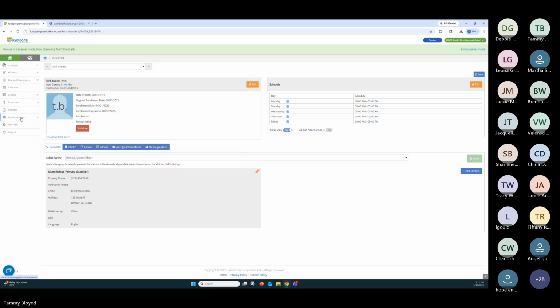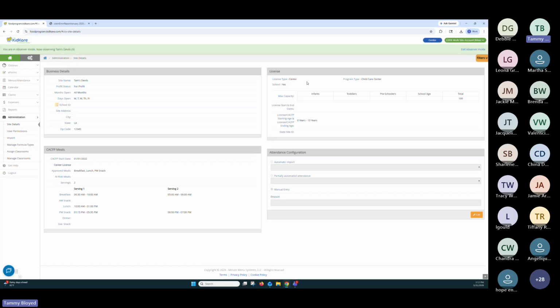Also, can I do it from here? The license type, there is an age range up here. We see it a lot in Head Starts where you really only have children enrolled from like 3 to 5. But occasionally you get somebody in who's 2 years and 11 months, or they're still there at 5 years and 2 months because of the way the school year falls versus their birth date. You can edit this information. I can't do it on this screen because I'm in a multi-site, but you'll have an edit button up here and you can change this.